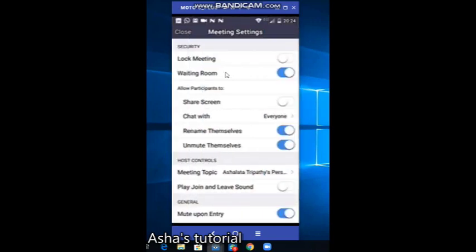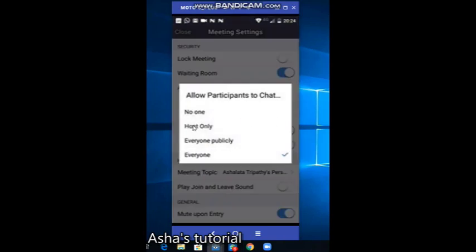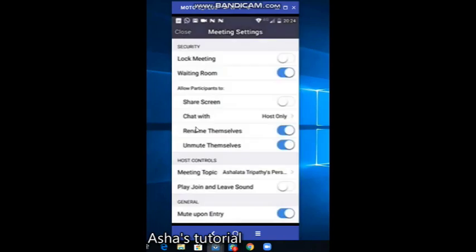Here many options are there. If you want to lock the meeting, you can lock the meeting. Share screen, if you want to allow the participant to share screen, you can allow, otherwise you can turn it off. Chat with everyone, or you can allow participants to chat with the host only.